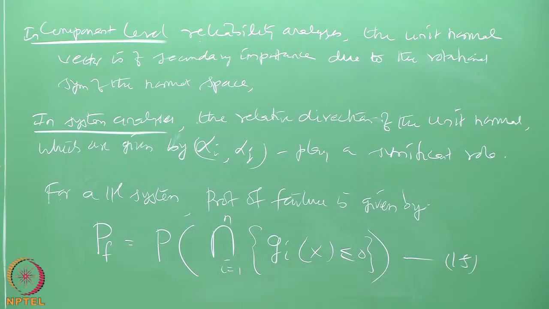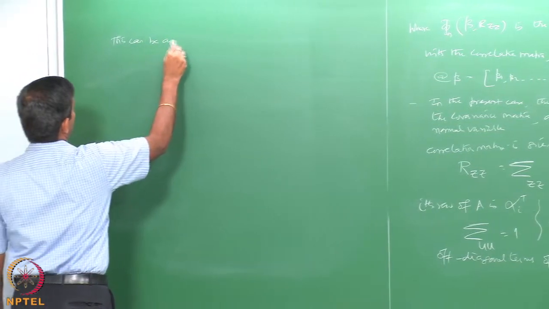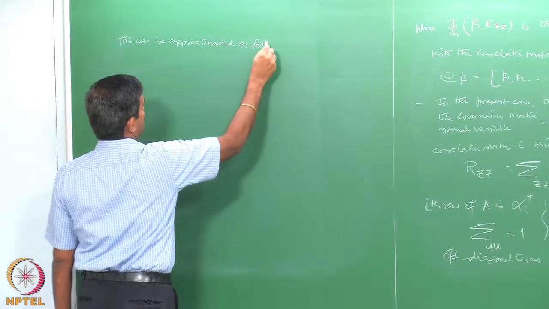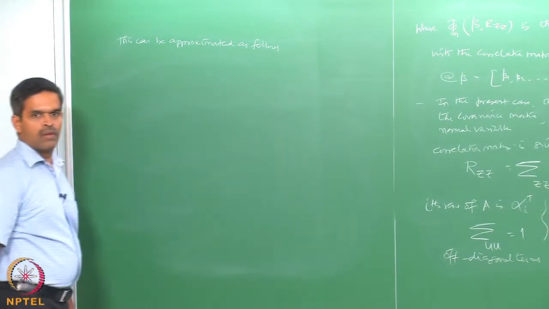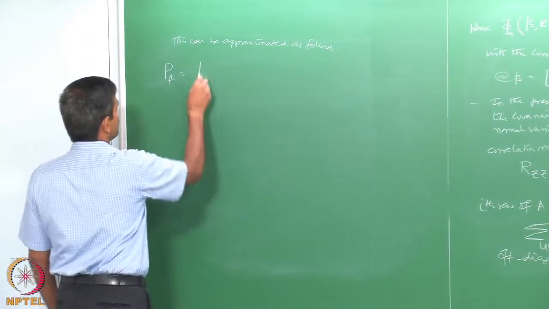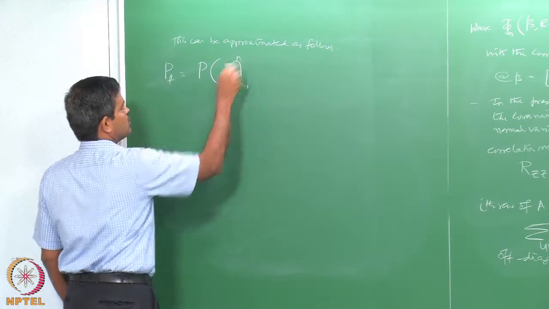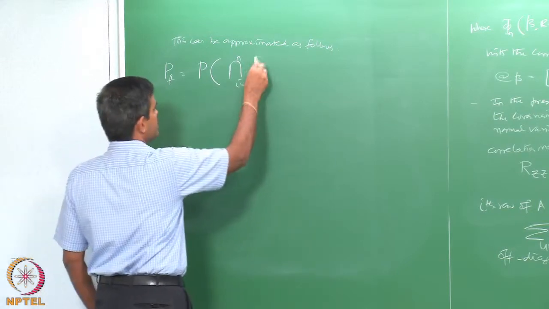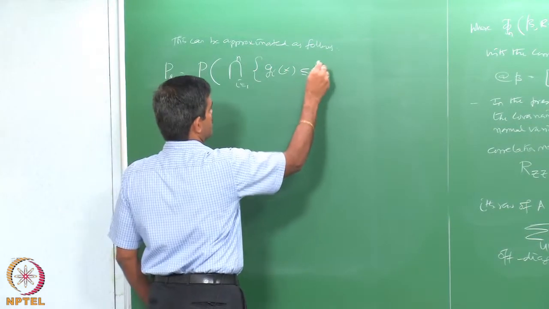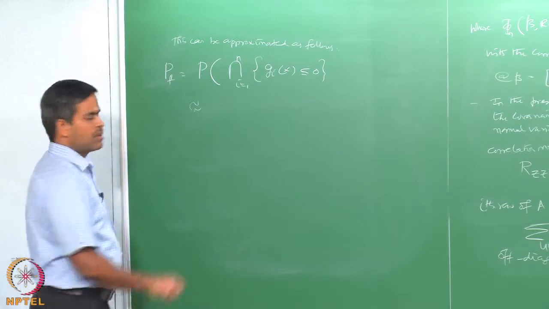Now, this can be approximated as follows. So, I say probability of failure is probability of intersection of i equals 1 to n g i of x less than or equal to 0, which is approximately equal to probability of